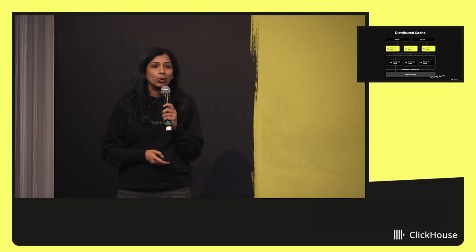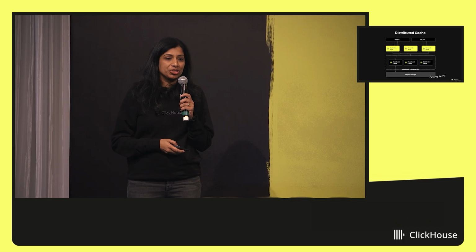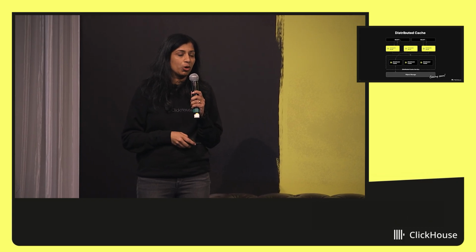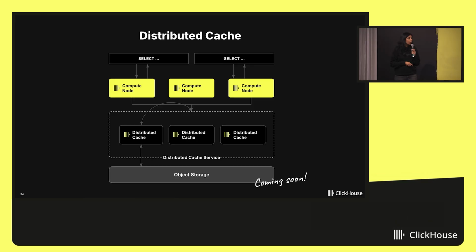Looking ahead, we are building towards our mission of building a truly serverless elastic architecture with our cloud offering. And one of the major advancements that I'm pleased to announce, soon to be in private preview, is distributed cache. This is essentially a low-latency shared layer for instant access to hot data for all replicas. What this really addresses is the problem with some of the fundamentals of object storage.